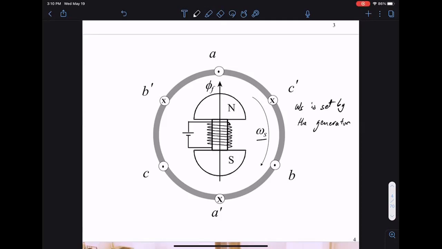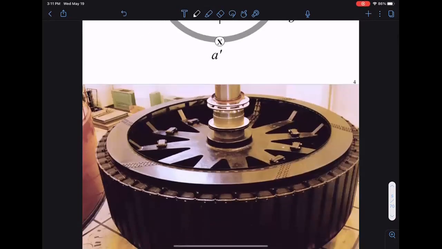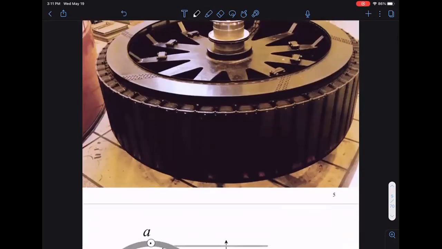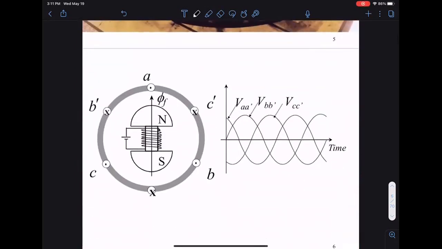But then again, the reason you can pick is that these generators can set the frequency. They can rotate at 60 Hertz or 3600 RPM. Again, these are big machines, these are the big generators, and they generate 3-phase power like this. So then if we look at the mathematical model a little bit,